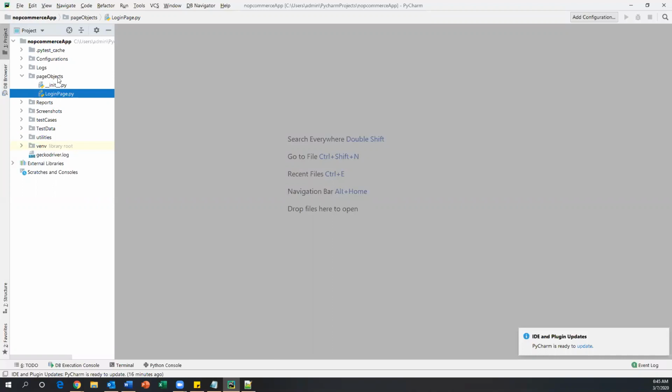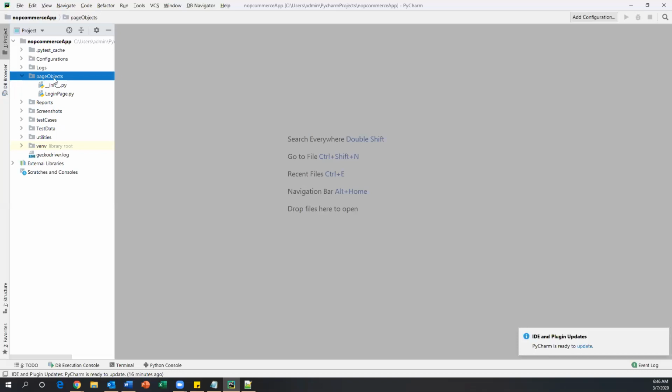Okay, so let's go to the page object. This is the actual job you will do once you join a project, if the framework already exists. First you need to review the test case, understand the flow, identify what page elements are present in your web page, and then start automating. So first we go to the page object package, where you will see all the page object classes for your application. In the same package, you need to create a page object class.